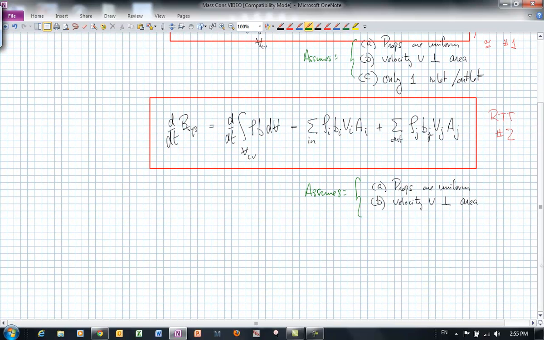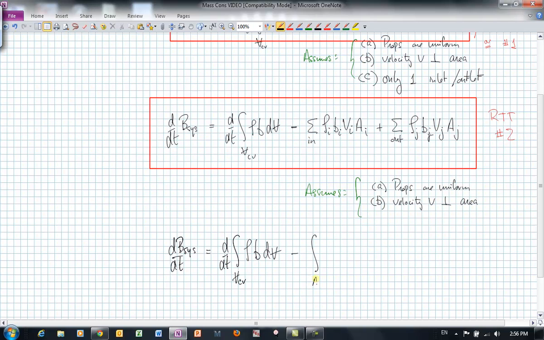Okay. Finally, the general form of the Reynolds transport theorem is really the one that we want to make a big effort to understand and be able to use going forward. What it tells us is that the rate of change of the extensive property B over the system is equal, again, to the unsteady part of what's going on in our arbitrary control volume. So the very same first term as we had in the previous 2 representations of the RTT. But instead of having fixed inlets and outlets where the flow properties are uniform and the velocity is perpendicular to the area,